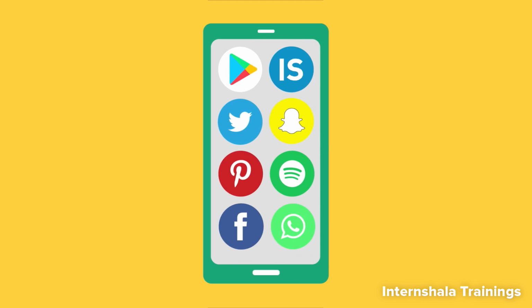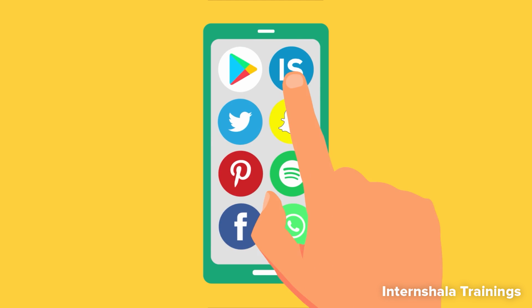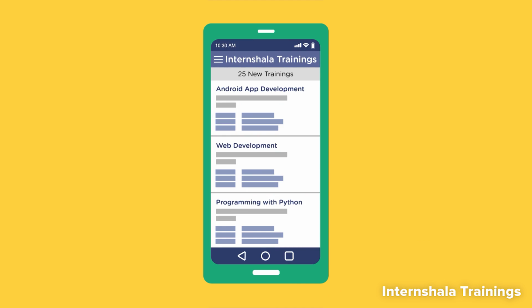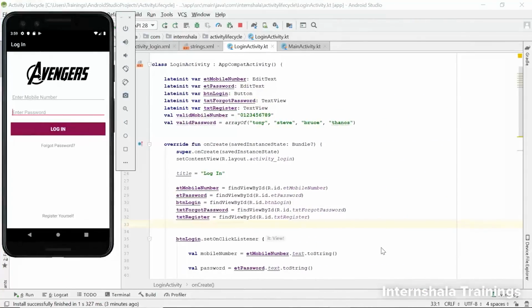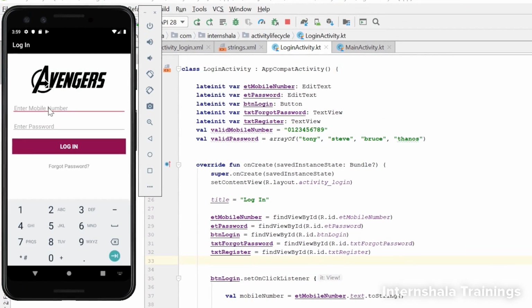Let's say the next day we come again and click on the app. Wow, we are directly taken to the screen after login. We did not have to log in again, right? Isn't this what we see in the apps we use in our everyday lives? But the app we have made does not do this right now.